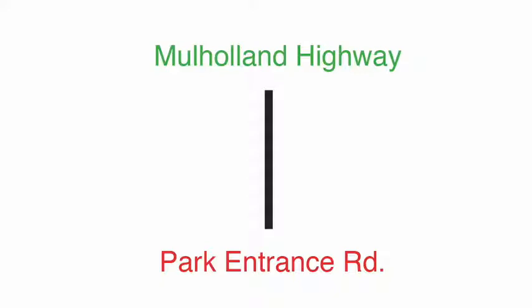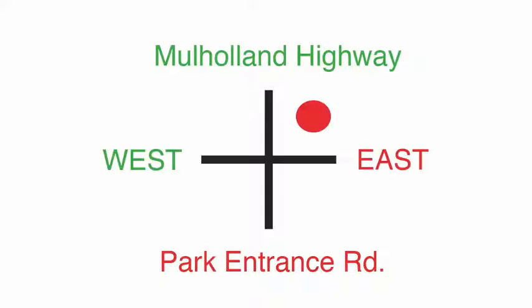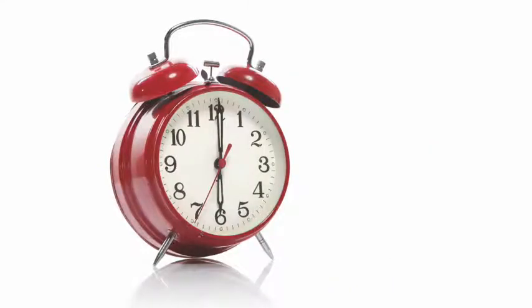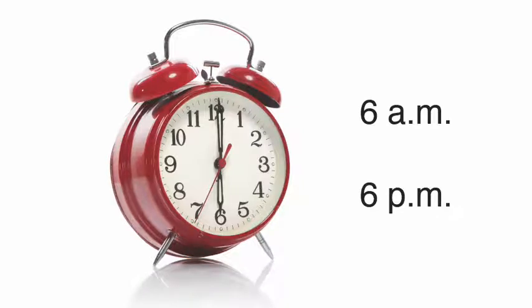But then I need to distinguish whether I'm going to go east or west, which in this case is the right way to go. The other day I set my alarm to ring at 6 o'clock. That was the right number rather than, say, 7. But the alarm didn't go off. Why? Because I accidentally set it for 6 p.m. instead of 6 a.m. I didn't go further and make that distinction.